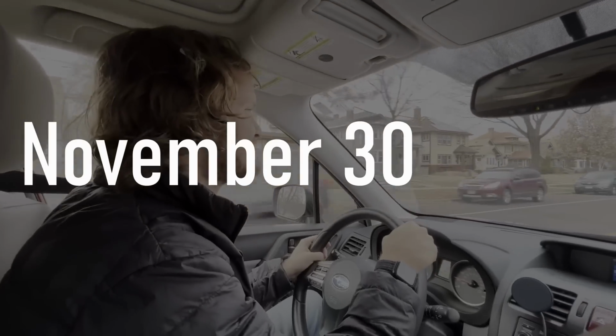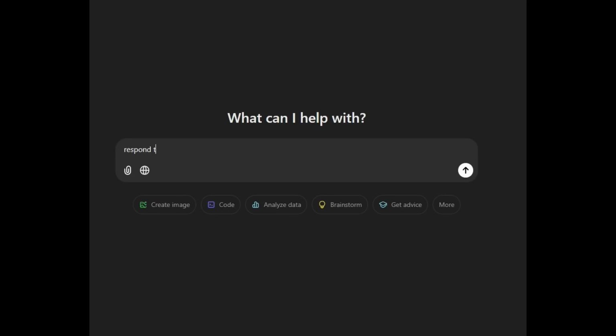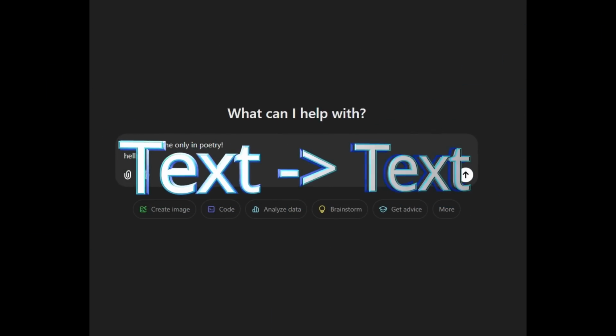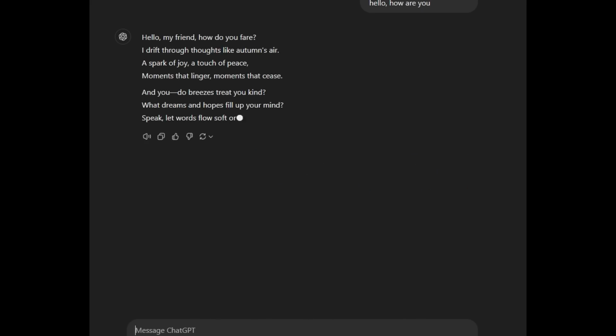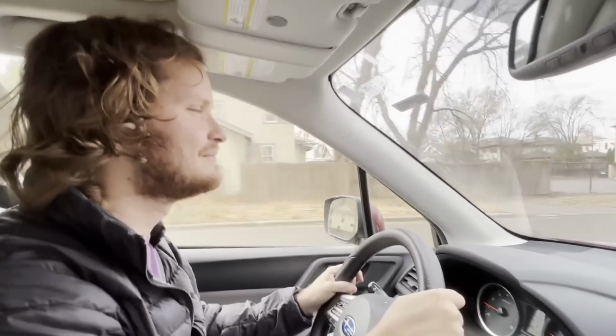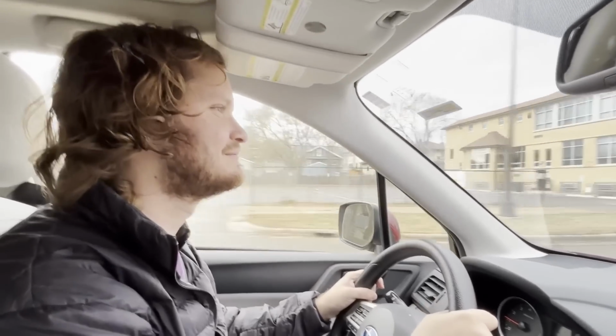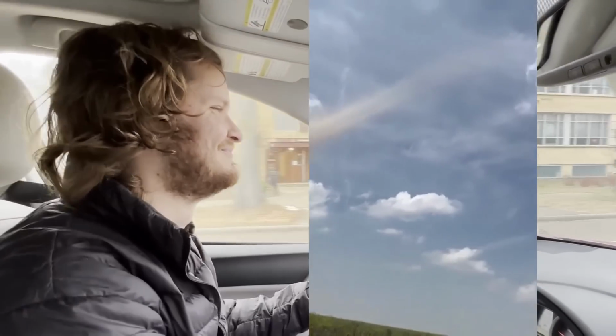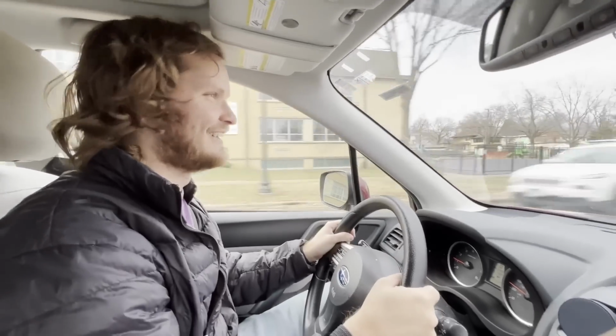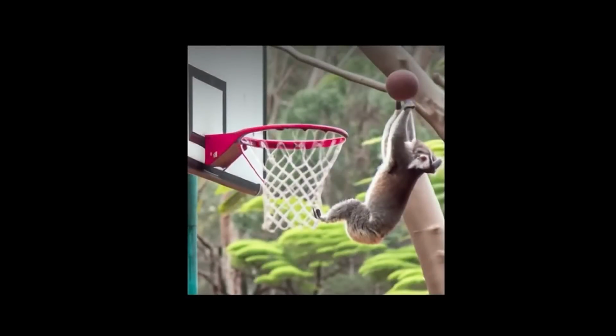November 30th, 2022. ChatGPT debuts in text-to-text, meaning you write something, it responds, it enters the public consciousness. Do you remember how that felt? Yeah, it was like, wow, I can ask what a tornado is made of, and it will respond with something. Only days later, text-to-image debuts in its early form, but then it gets good with DALL-E and Midjourney and all this.